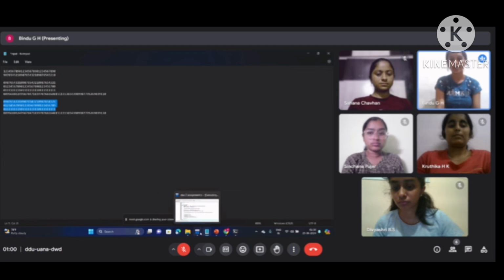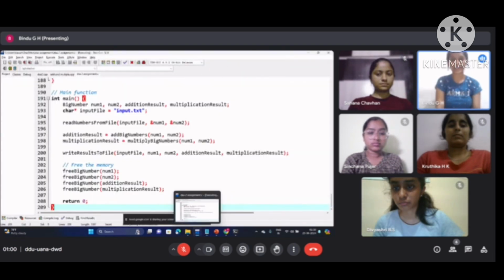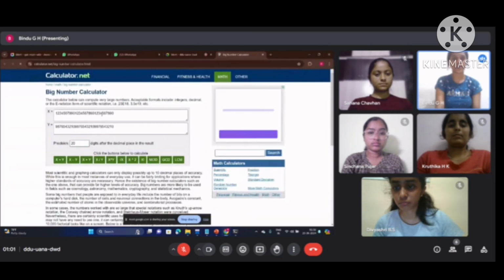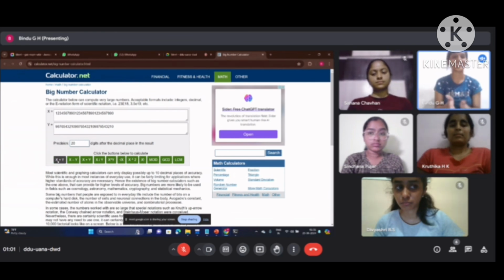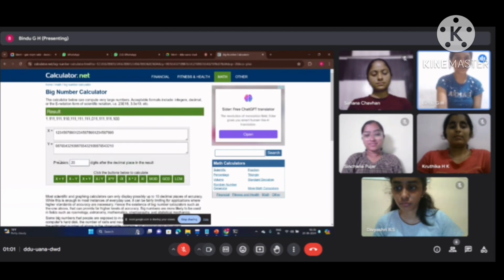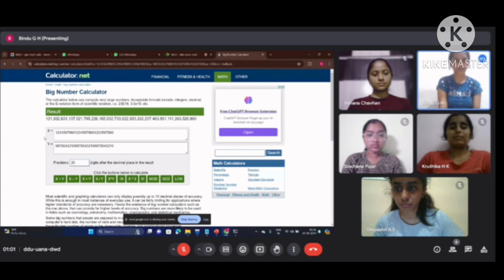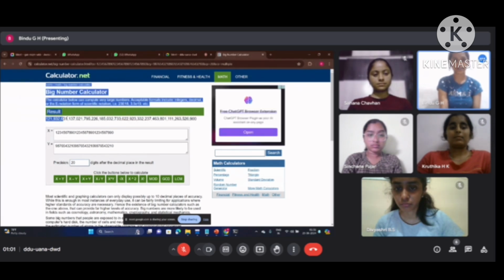this. To check whether this code is right or wrong, we have to check once in a calculator, inputting the numbers x and y same as I explained earlier. The addition result will be this, this is the output. For multiplication we got this output. Our code is executed